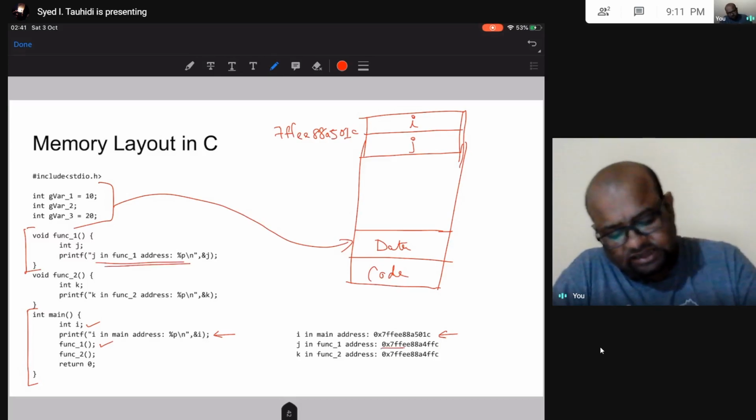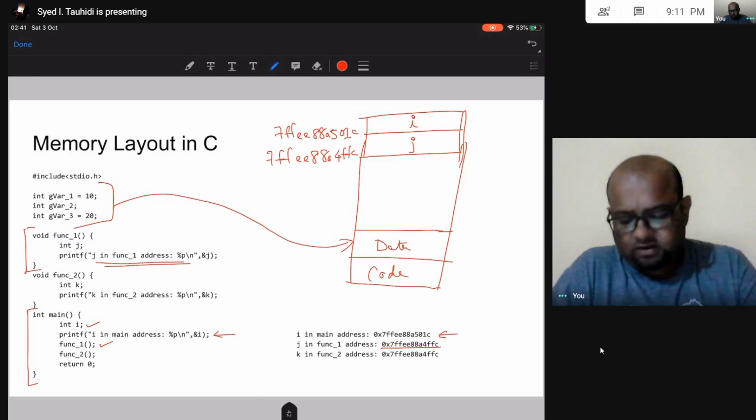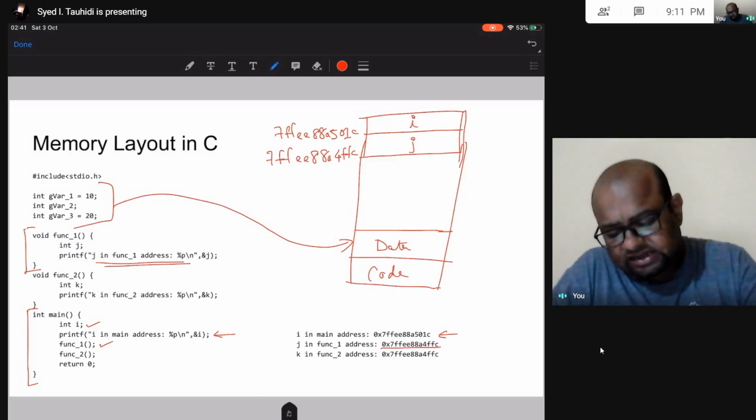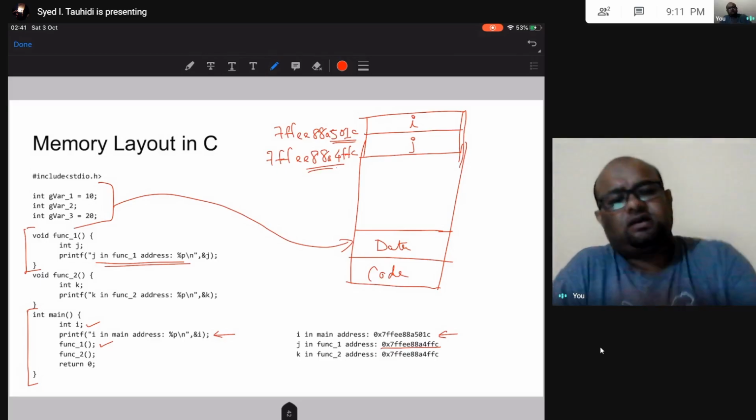So this address is 7FFEE88A4FFC. Okay, so I can see this address is smaller than this address. This is 501C, this is 4FFC. So yeah, the stack is going down now.